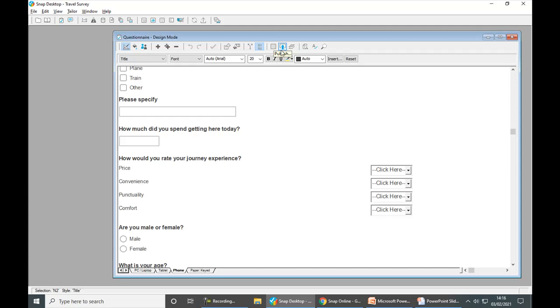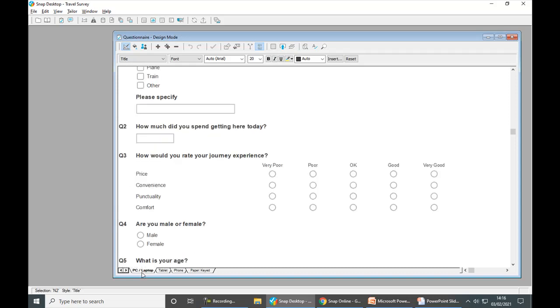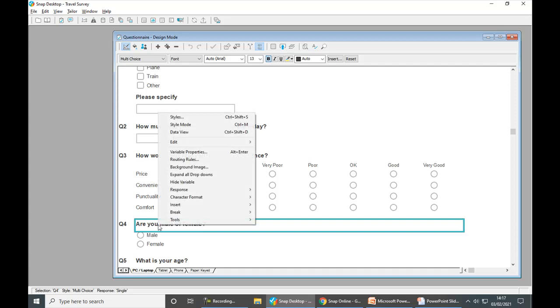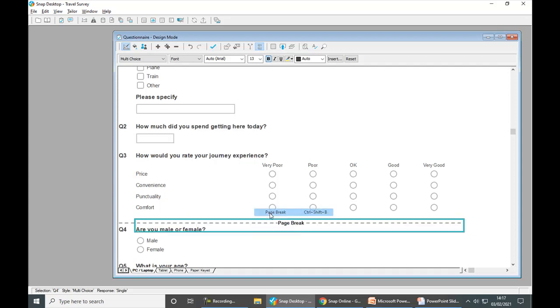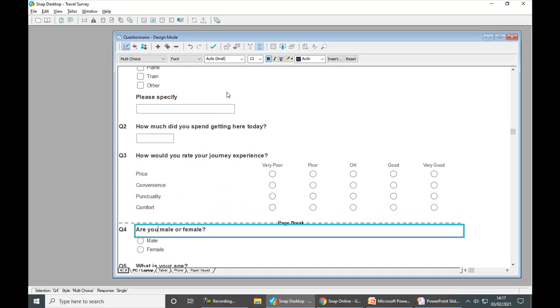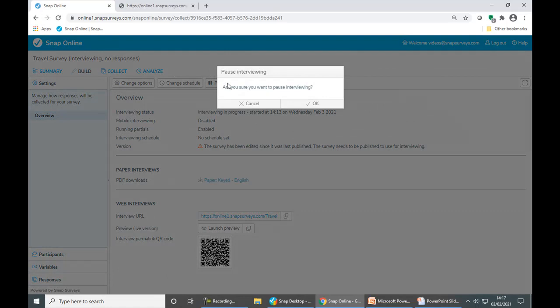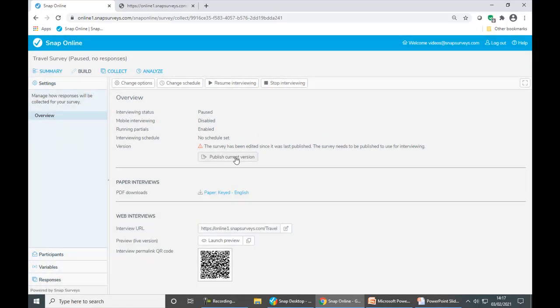Just to finish off, if I decide that I now wish to make a change to my survey, so today I'm going to pop question 4 on a separate page. So I'm just going to right click and insert a page break and save that. If I now synchronize my changes and log back into Snap Online, I'll just refresh the screen. You can see Snap has recognised that a change has been made, so I simply pause the questionnaire, republish the new version,